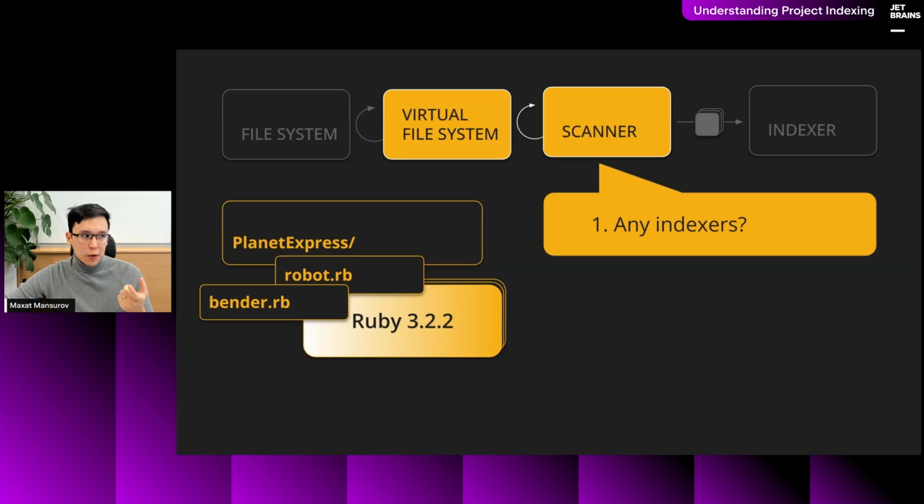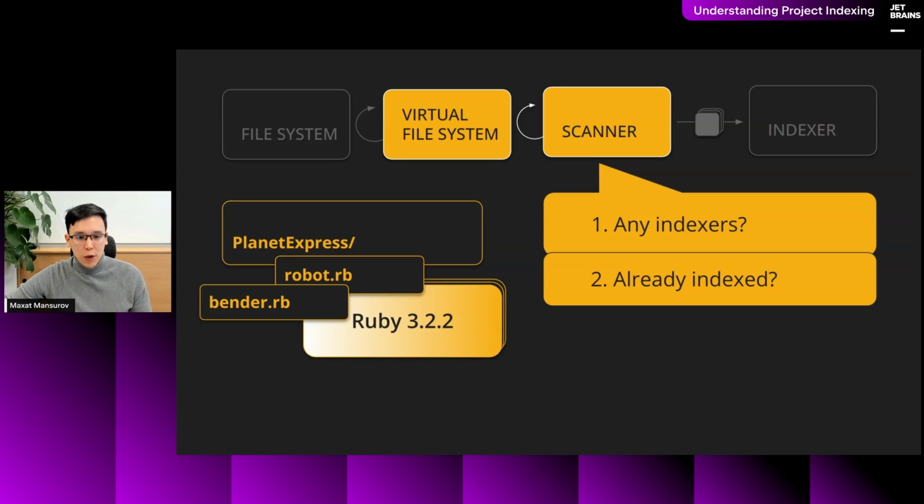We determine the type of file based either on extension, or maybe it is a directory. We index those as well. Once we know this type, we ask the indexers, are there any that accept these types of files? If there are none, then we just skip this file. If there are, then we move on to the next question.